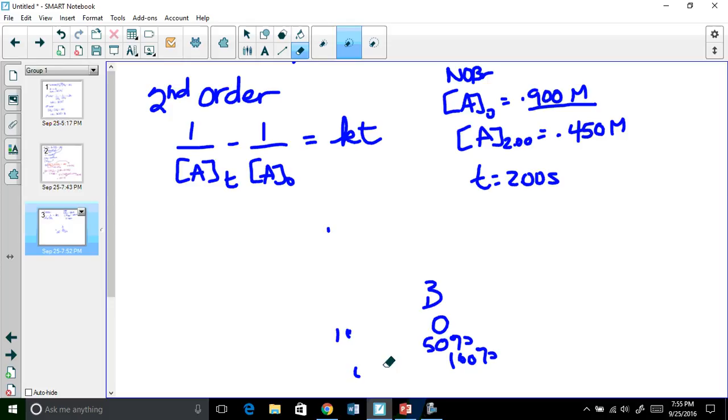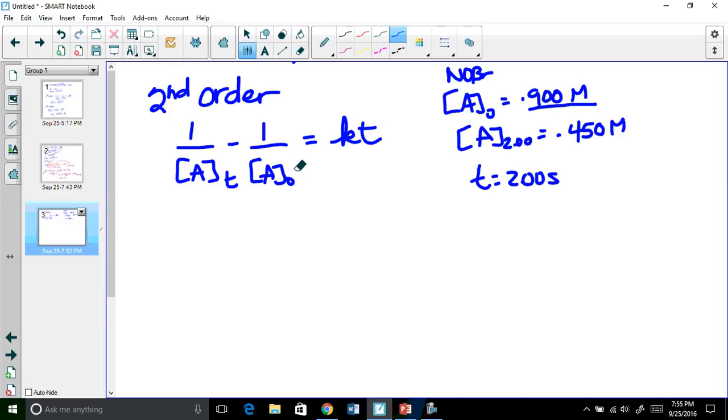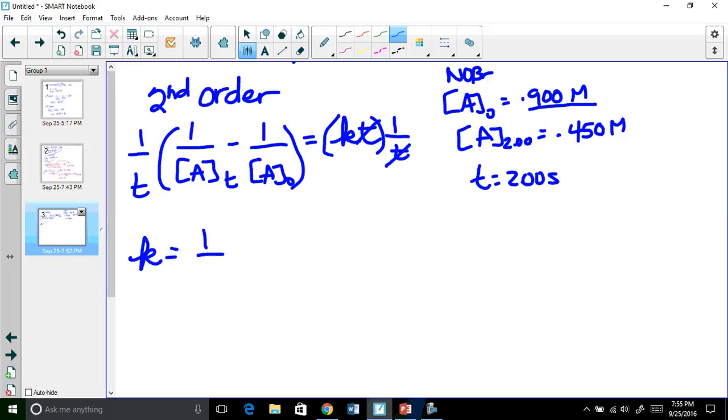So look at this equation here. I need to solve this equation for K. So all I'm going to do is, pen please, thank you. Pen please. All right, so I am going to multiply this side by 1 over t, and then I'm going to multiply this side by 1 over t, and this is going to cancel this, and K is going to be 1 over 2